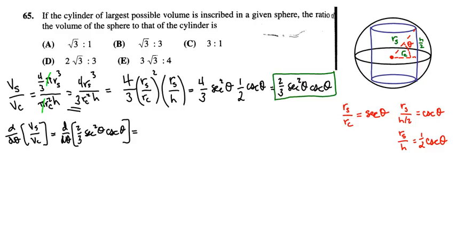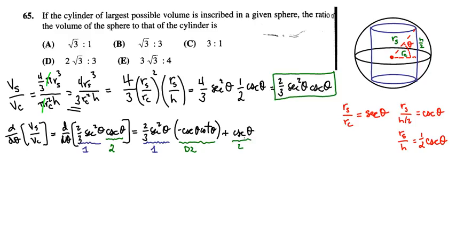We're going to use a product rule here and a chain rule within the product rule. So this would be our first function, and this our second function in the product rule. So we're looking for 1 d2 plus 2 d1. So that would be 1 d2. We're going to add to that 2 d1 now. And so we have cosecant theta. Now we need the derivative of